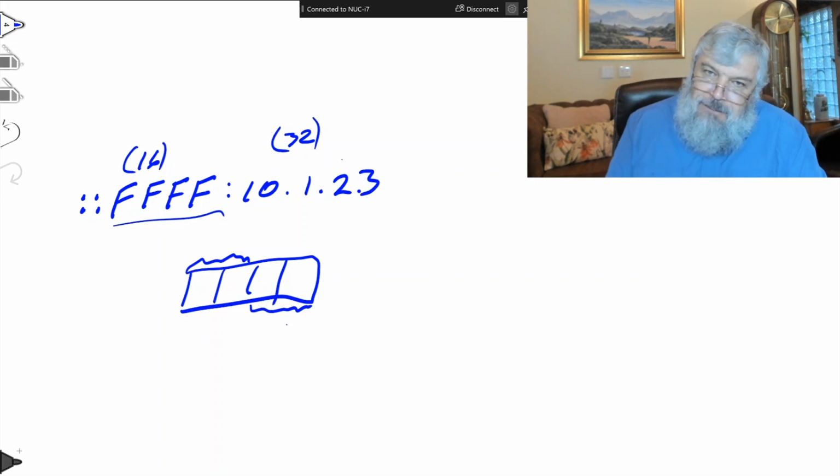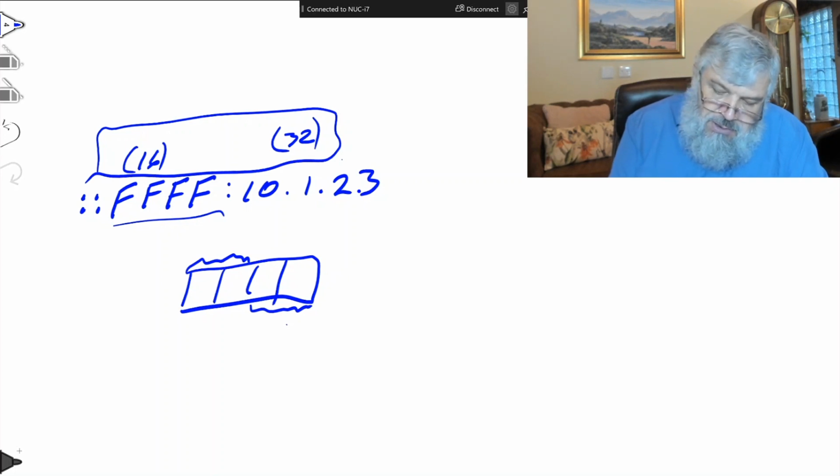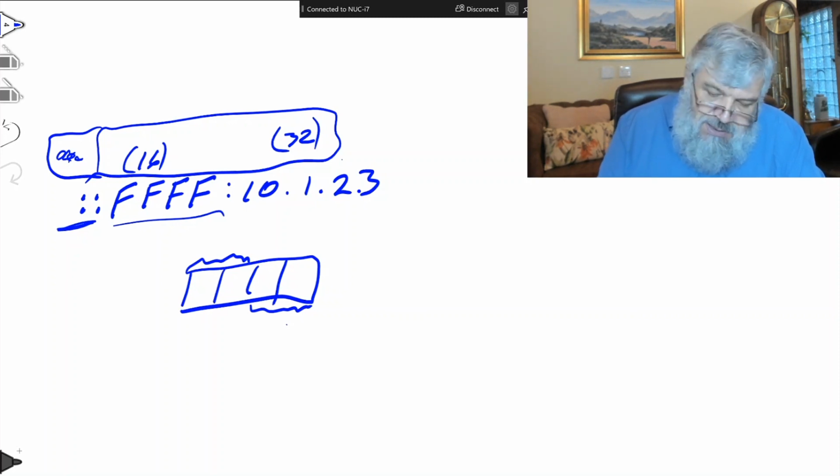So I can say something like 10.1.2.3. Now this address, and you can see that I'm not filling up the host portion fully, so to get the full host portion, I would have to pad this with a couple of zeros. So the zero padding in front pads not only the routing prefix, but it also pads a little bit of the host portion.